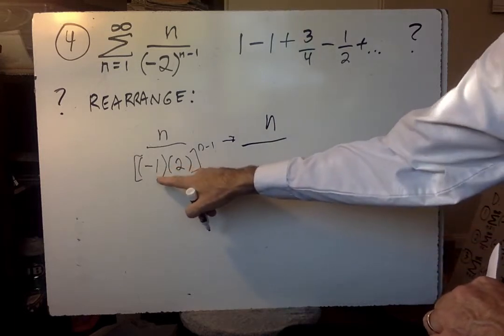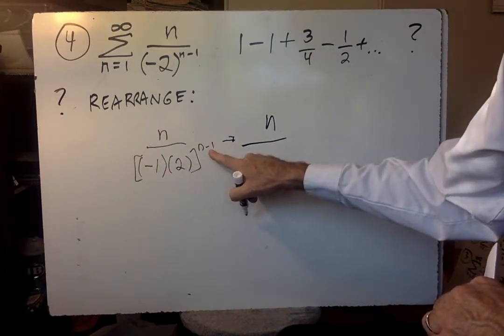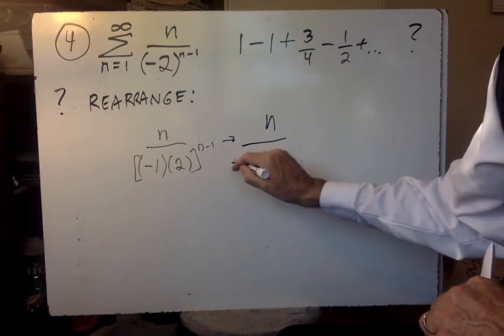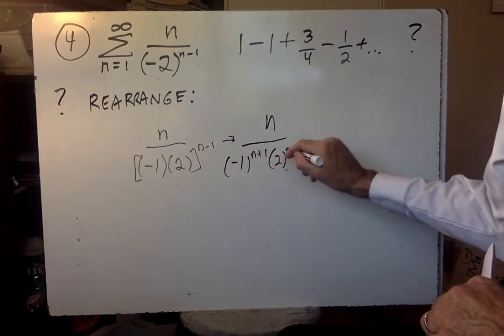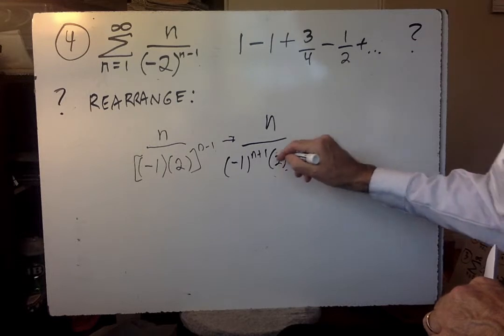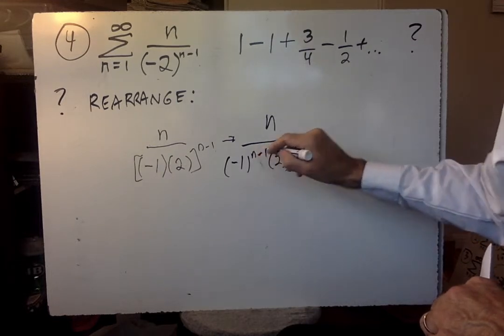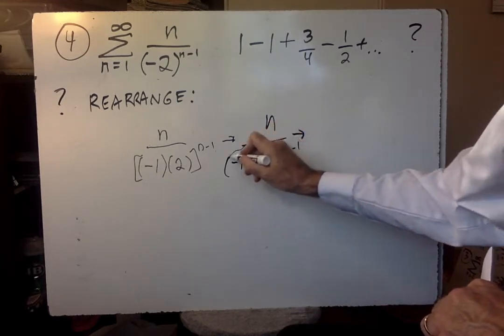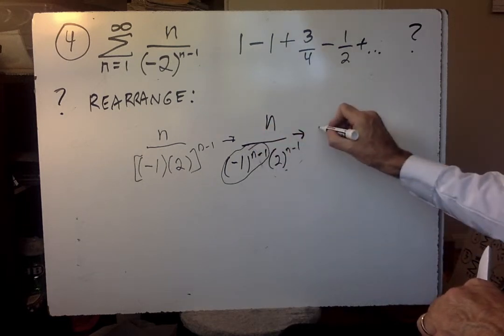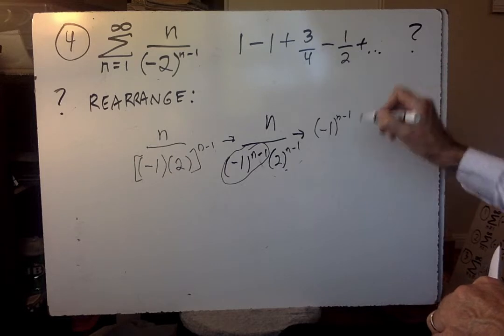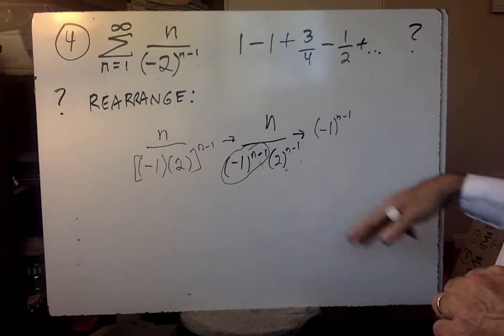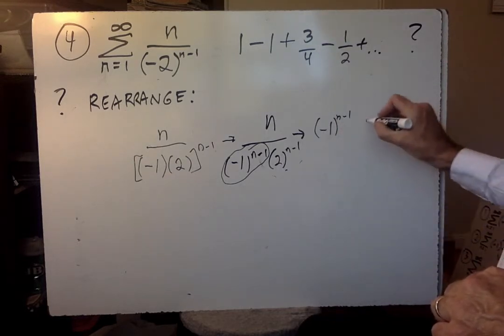All right, and then this is -1 to the n minus 1 times 2 to the n minus 1. If you think about it a while, this is exactly like putting negative 1 to the n minus 1 in the numerator. It has exactly the same value, so we'll put it up there so it has that standard form,